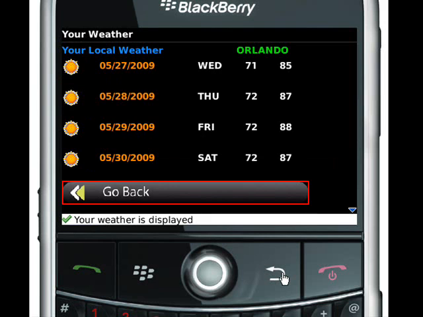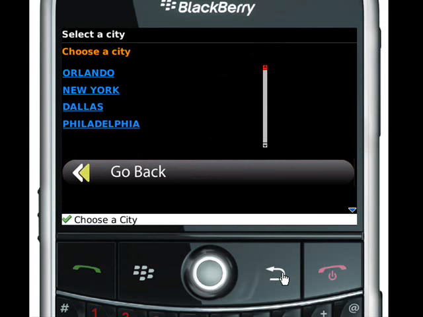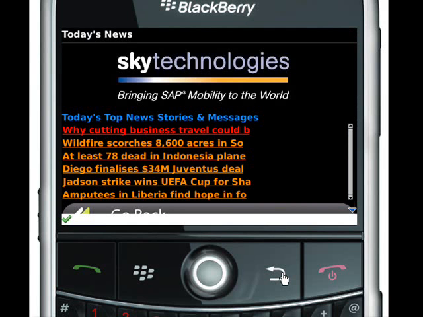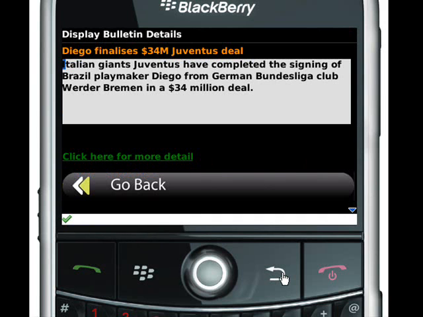I also, when I get on the plane, perhaps I want to check out the latest news. The news in this instance is based on an RSS feed from CNN, but it may also be configured to be more local. It may be tailored to my sporting team, or it may be tailored to company results. As you can see, I can go in here, and I can see my favourite football team's just signed up a new player. I go back,